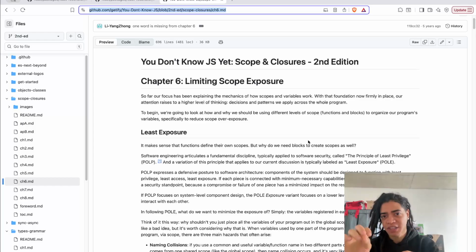Hoisting is a concept of how certain declarations are put at the top of the scope, which are variables, functions, and also other hoistable declarations such as async functions, generators, classes, and let and